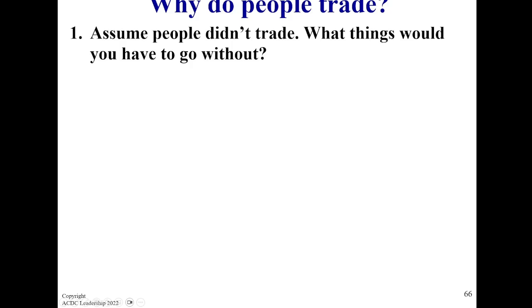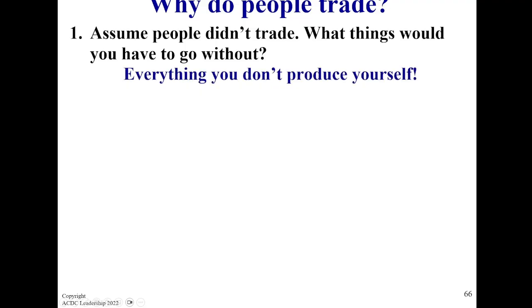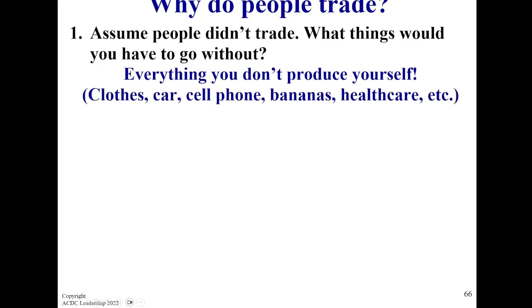If you think about it, in Africa, they have a lot of access to mining and things like that. Without that, we would have to go without any diamonds, without any coal and stuff like that. And everything we can't produce in the US is essentially gone, right? If you think about it, in China, we get a lot of stuff like computers, clothes and stuff. All of that is no longer here. So clothes, cars, cell phones, bananas, healthcare, all of this is gone because we can't produce that here